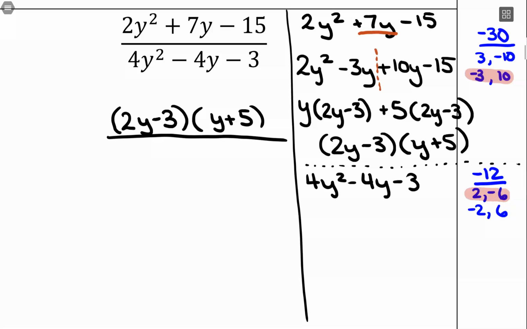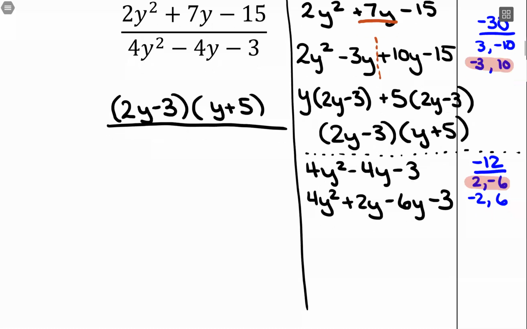I always write, if I know one's going to be positive and one's going to be negative, I write them both out just because that's a spot where if you move too quickly, it'll change everything. So I always write both of them out and then just take that time to really think about which is going to give you the correct sign when you add them up. All right, 4y squared, and then we'll have a positive 2y and a minus 6y, and then that minus 3